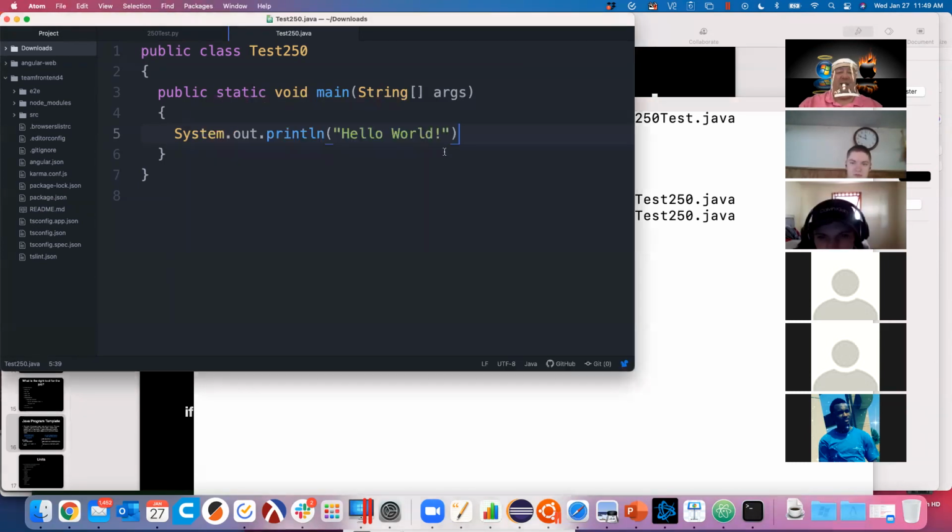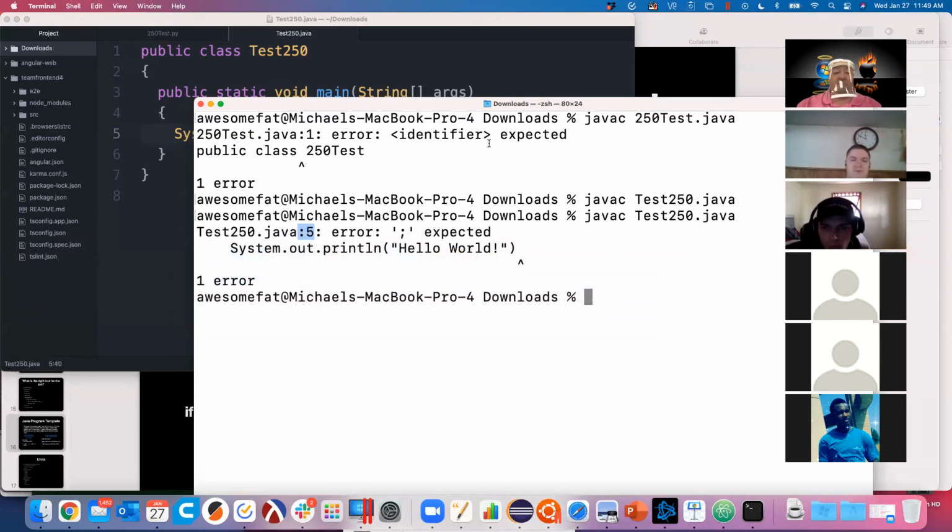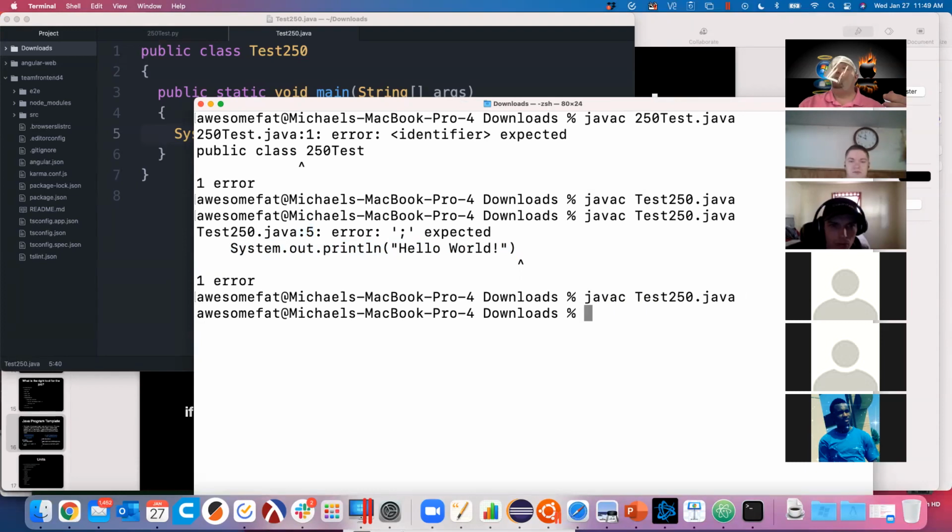All right, but let's go back. So I'll put that semicolon back in. Make sure you always resave your file. We'll compile again. Now, when we see nothing, that means it worked. It compiled. That doesn't mean it functionally does what it's supposed to do, but it means it's syntactically correct. All right. Now, what was just created for us here